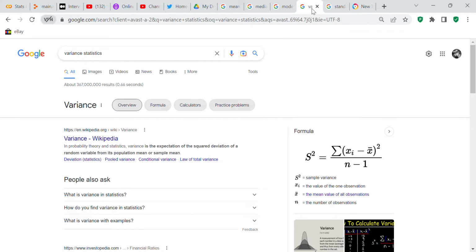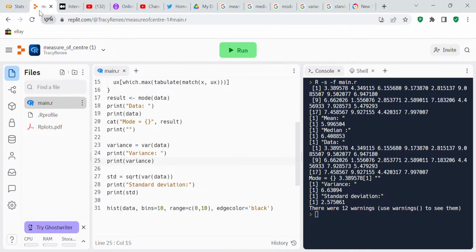In probability theory and statistics, variance is the expectation of the squared deviation of a random variable from its population mean or sample mean. And this is the formula for variance if you want to calculate the variance yourself. But the nice thing about R is you don't have to calculate it yourself. You have a function built into R called var. So we print the variance and it's